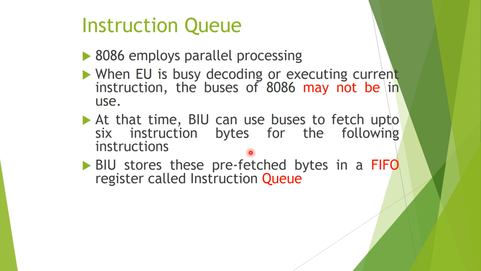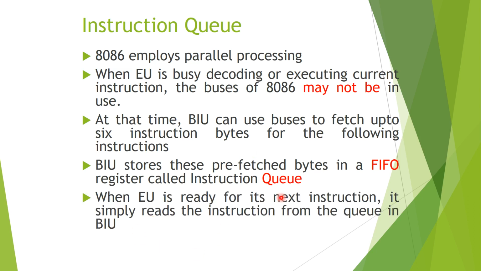In this prefetched queue maximum 6 instruction bytes can be stored. तो अगेन जब हमारी जो इंस्ट्रक्शंस हैं वो हमारी क्यू में स्टोर हो जाती हैं, तो जब अपने नेक्स्ट इंस्ट्रक्शन को फैच करना, डिकोड करना या एग्जीक्यूट करना है, तो उसको हमें मेमोरी से एक्सेस नहीं करना है ना, हमें केवल बस इंटरफेस यूनिट में जो क्यू है उससे एक्सेस करना है जो हमारी माइक्रोप्रोसेसर के विद इन है। जो हमारा फैचिंग का टाइम है वो फिर रिड्यूस हो जाता है, वो बच जाता है। तो ये हमारी पैरेलल प्रोसेसिंग होती है जिससे कि हम स्पीड अप कर सकते हैं अपने ऑपरेशंस को।